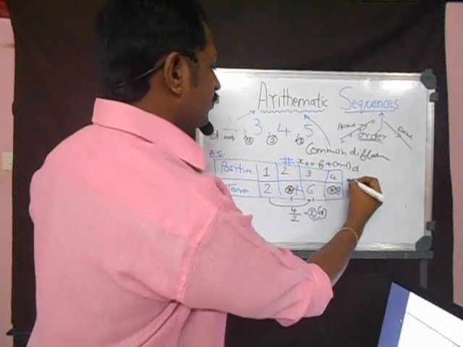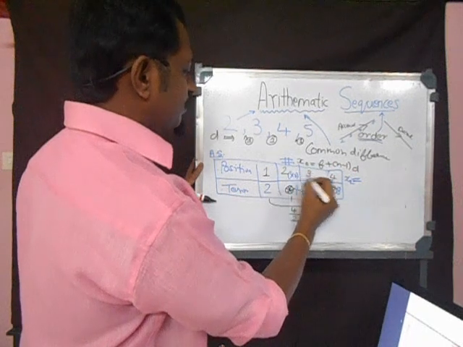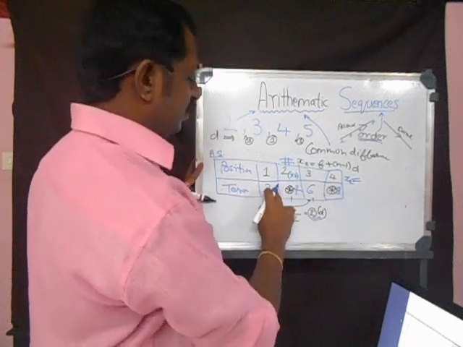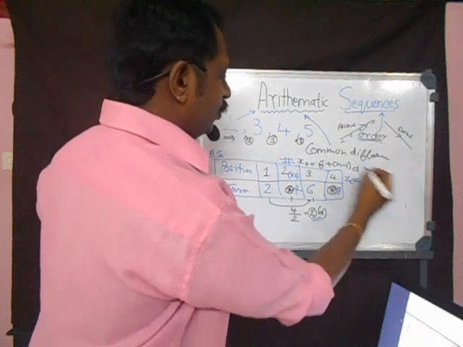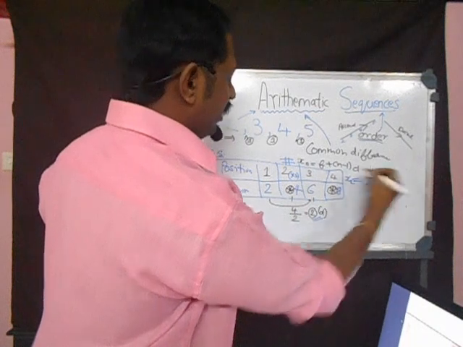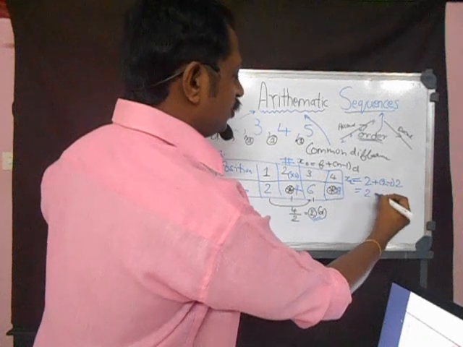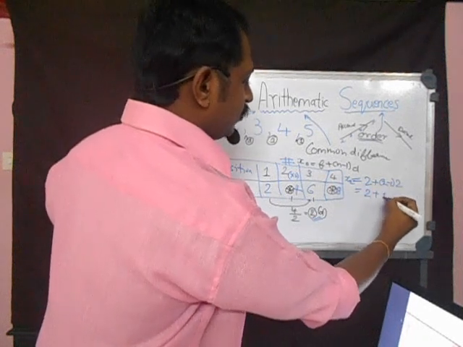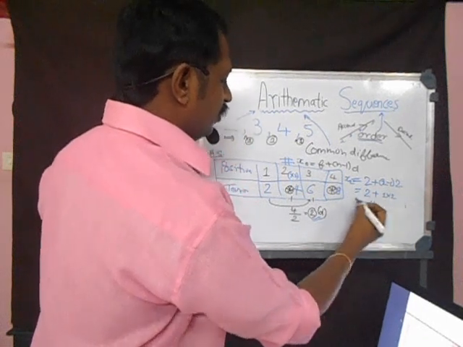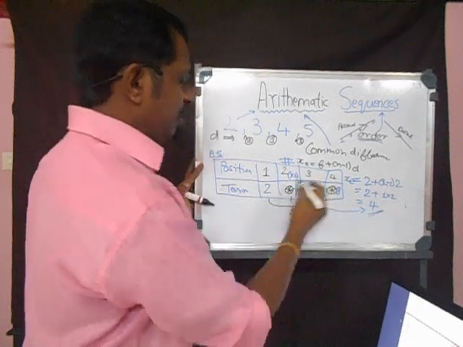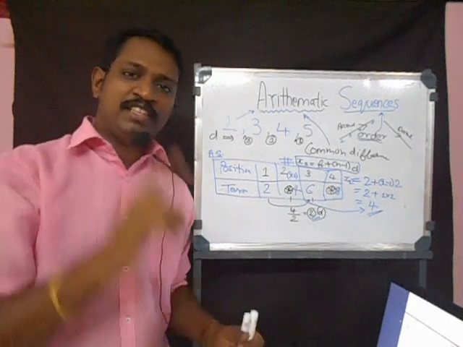So x2, that is the second position. The first term is 2, and then n is 2, minus 1, and d is your common difference, that is 2 again. So 2 plus, 2 minus 1 is 1, multiplied by 2, you see 2 plus 2 is 4, therefore your x2 is again 4. So you get it by this formula also. Alright, so let's see in the next class. Bye.